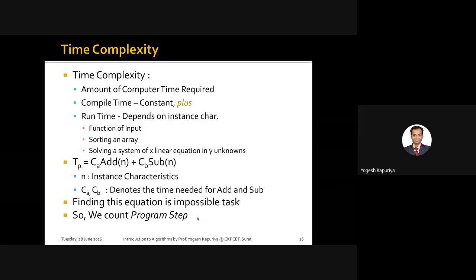So normally what we do is we count the program steps. So the first input to any asymptotic analysis is this: you need to count the program steps for any algorithm. Now let us understand what we mean by program step.